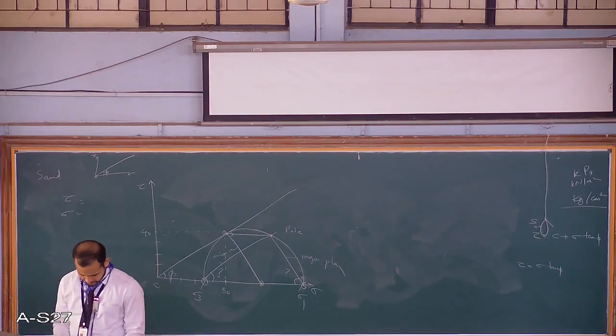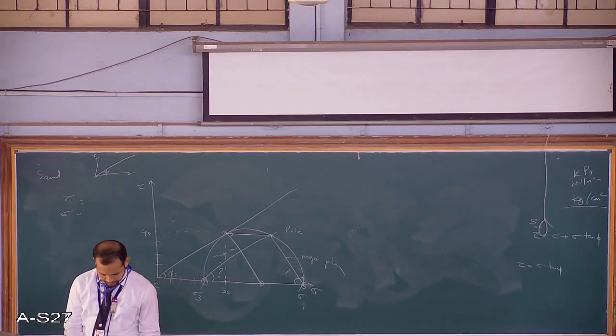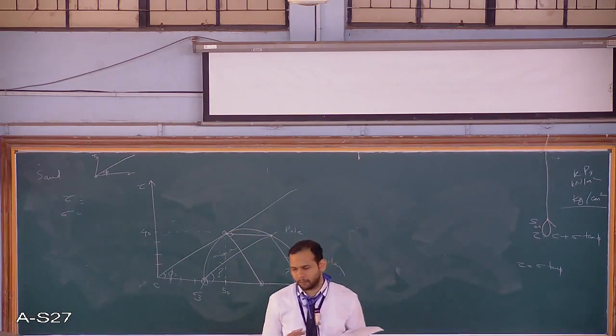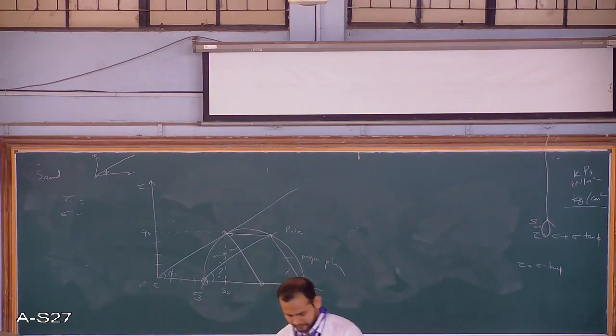Next, I'll see if there are other problems here. The other problems are more or less similar ones. This was a very important problem, this variety of problem. In the books you can find other problems also. You can always refer to them and try to solve them. If you are not able to solve, you can contact us.